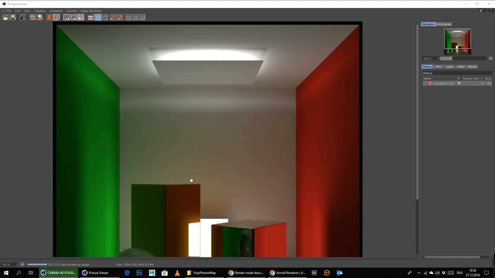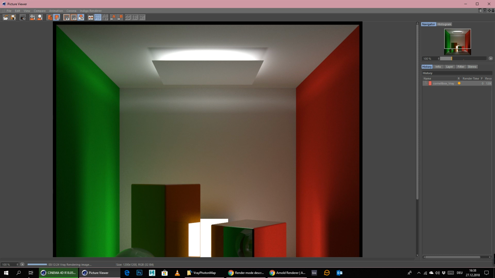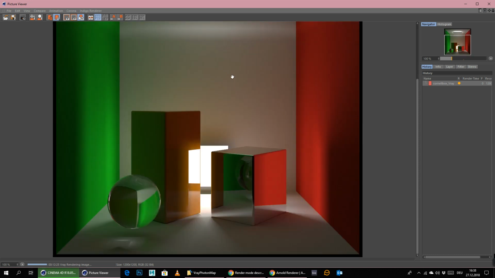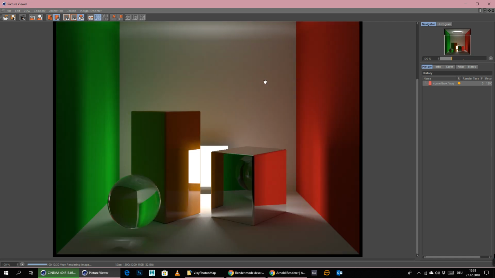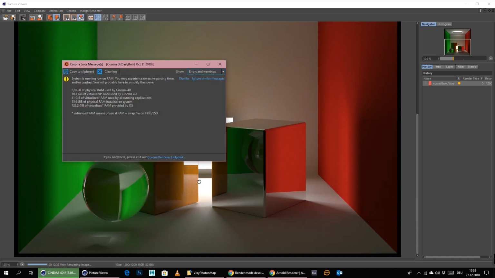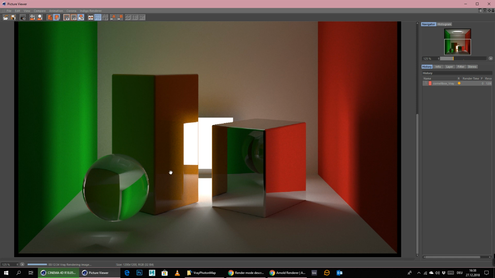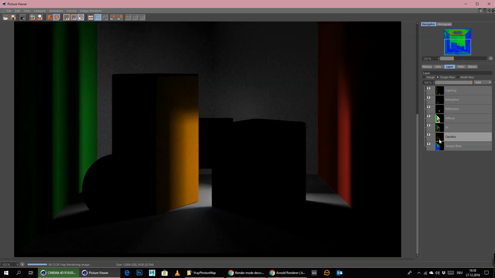Okay, so the image has finished at 12 minutes and 15 seconds, even though it's still calculating, probably because it's emptying the RAM or something else, I don't know. But the picture basically is finished. We still have a little bit of noise here, as you can see. This is probably coming from the caustics. If you look here, you can see in the caustics we still have some noise,